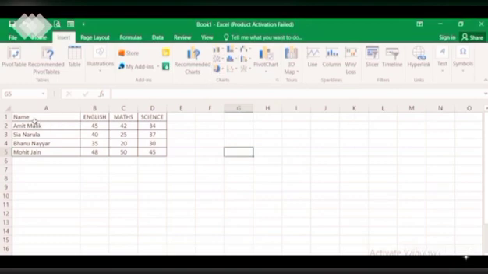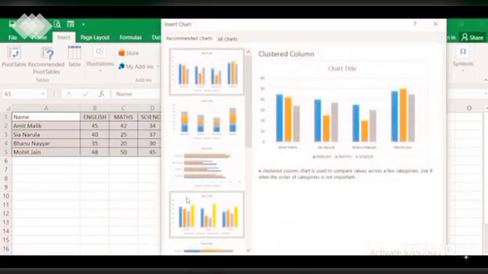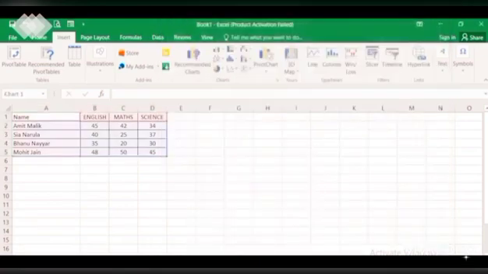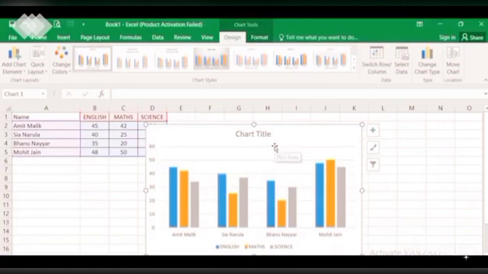So we will insert the chart. But before we insert the chart, we have to select the data. So select the data and then you go to this chart option. Now here you see there are different types of recommended charts. You can go to all charts. Here we will see there are different column chart, line chart, pie chart, bar chart. Suppose I want to insert a column chart. Click on the column chart and click on OK. When I click on OK, the chart will be inserted. So this is how you will insert a chart.